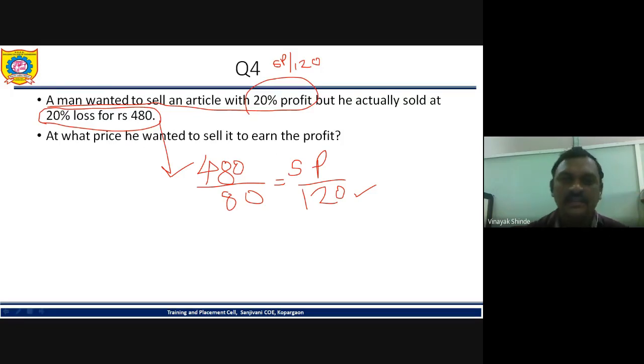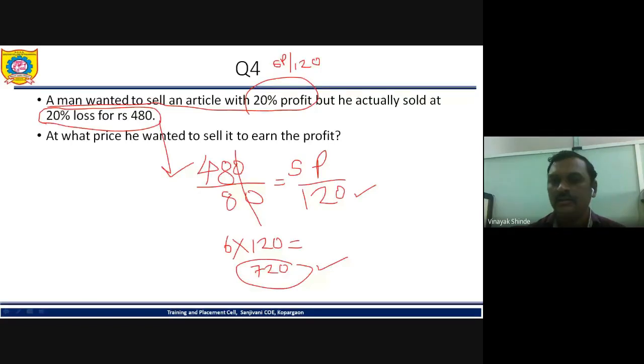And figures are very easy. There are only zeros available here. 48 by 80 is how much? 6. So it's 6 into 120. So it is 720. How much time you will require for such questions? 10 seconds. Only 10 seconds you will require using the tricks. But use the formulas as well. For some complicated examples, you can solve some part of the question using the trick and the remaining part using the equations. All right, let us go to the next question.